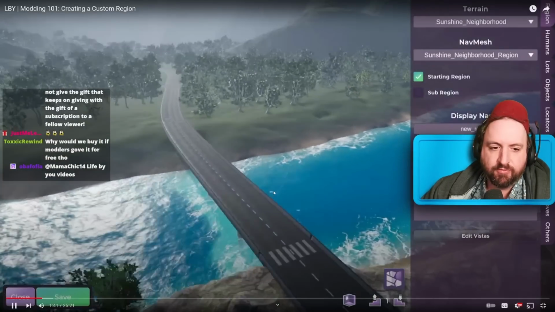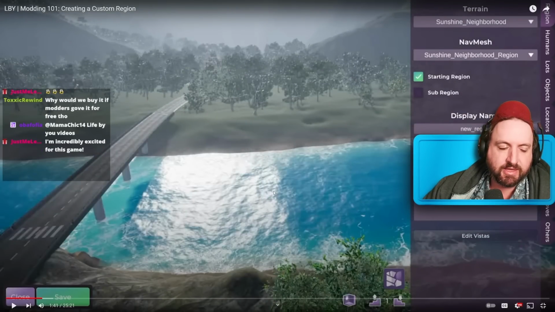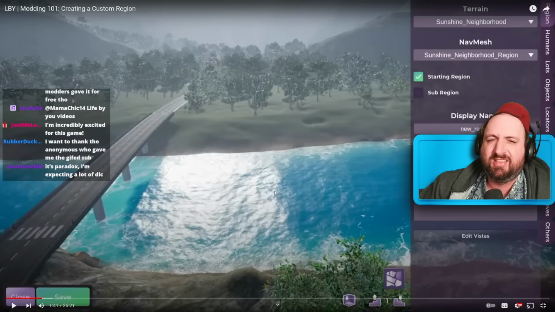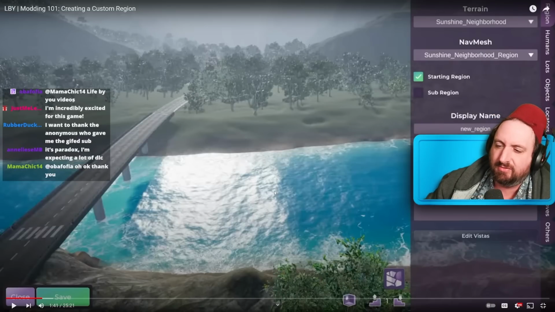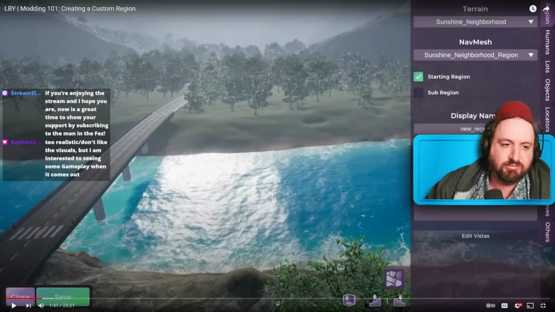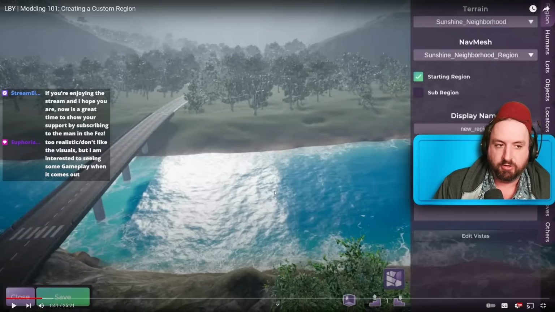Well, it's the same thing with Sims stuff. Why buy kits when modders are making a bunch of cool stuff? Modders will make a bunch of cool things, but the advantage of buying an expansion pack is that they will also make a bunch of new assets to go along with it. So the buildings will look a little different, and maybe there'll be different trees that come along with it. There'll be a whole set of things, right? Yeah, with The Sims 4, you could get a bunch of content out just by using modding tools, but